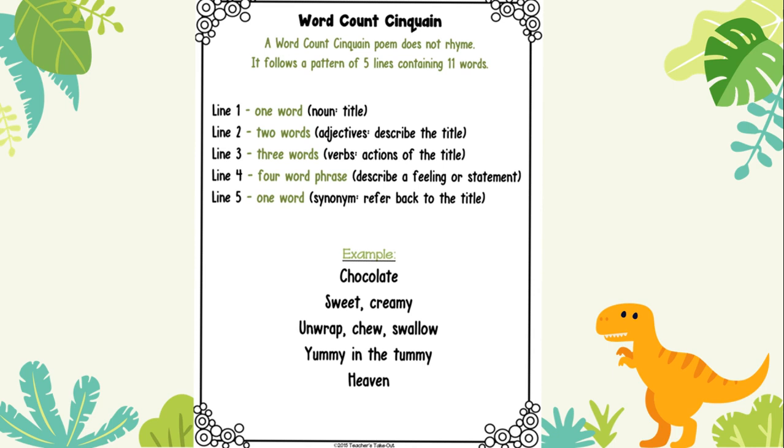So phrase is just 4 words put together that describe a feeling or a statement, okay? So a feeling could be, they make me happy, I feel happy, I feel mad, or a statement like, they are the best, okay? And then line 5, 1 word, and it has to be a synonym for your title,